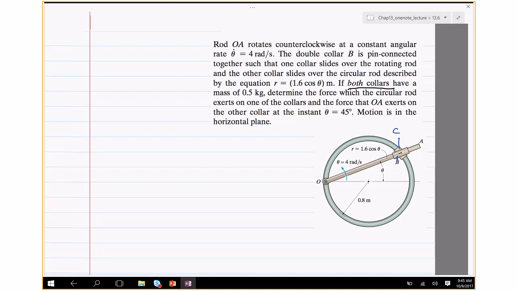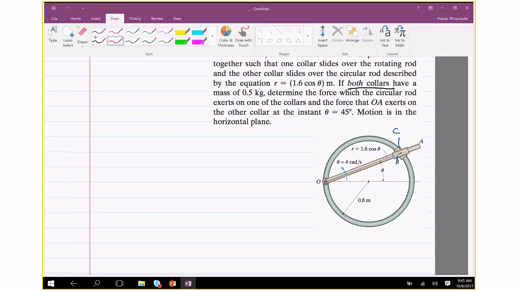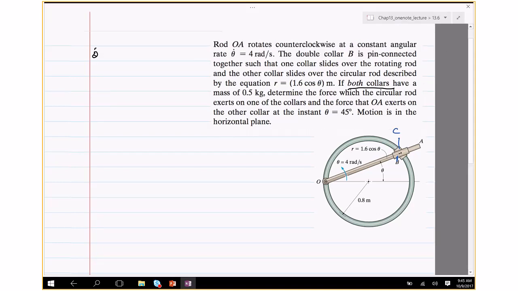Rod OA rotates counterclockwise at a constant angular speed of theta dot. So theta dot is 4. Since it's constant speed, theta double dot is 0. The double collar B is pin connected together such that one collar slides over the rotating rod and the other collar slides along the circular rod described by the equation r equals 1.6 cosine theta. So what's happening is one of those collars slides along OA and the other one slides along the circular